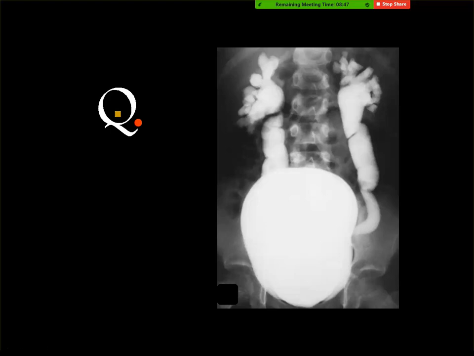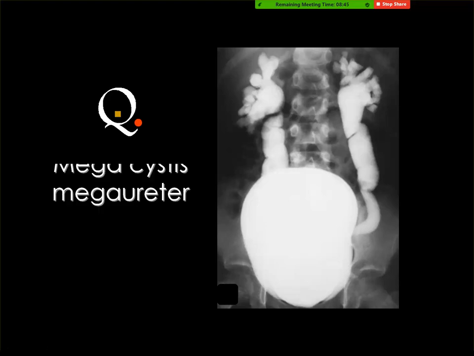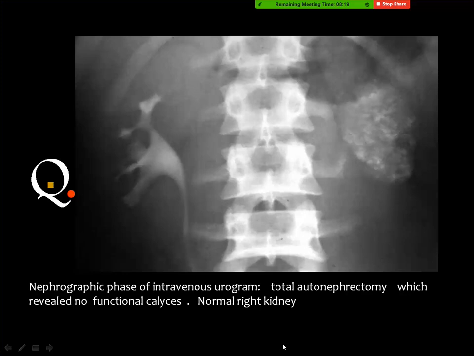This is a congenital anomaly, megacystis, megaureters. Yes, this is what I have mentioned before, that the ureters are huge, and even here you do not see so much dilatation in the collecting system apart from the renal pelvis, and you also see that the bladder is huge. But in cases of vesicoureteric reflux, you also get ballooning of the calyces.